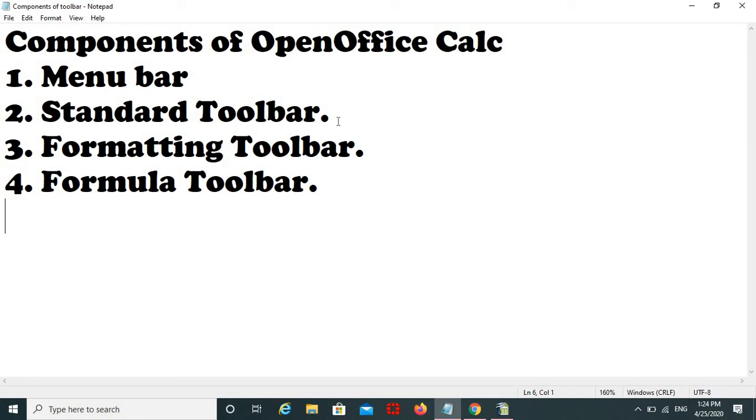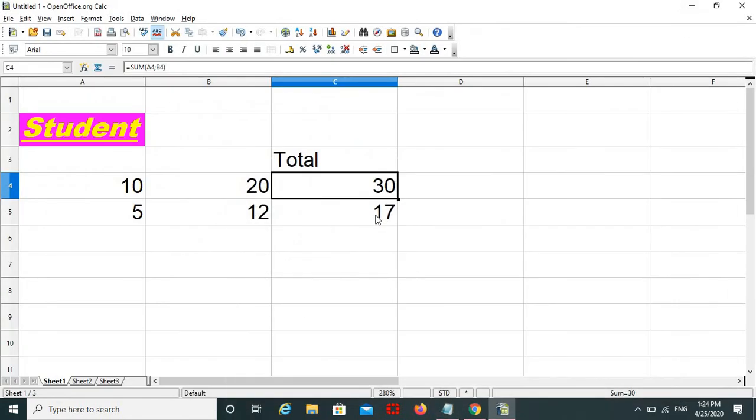Then the formatting toolbar, by using which you can format the text. And the formula toolbar is used to calculate a particular value by using formulas, like finding the minimum number, the maximum number, and the average value. We will discuss that in the next session.